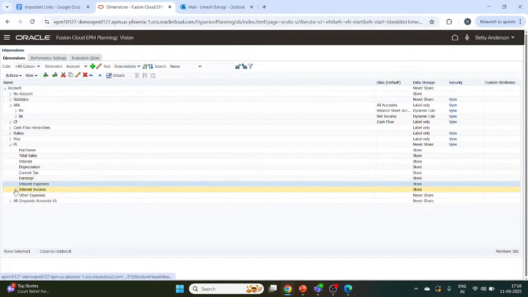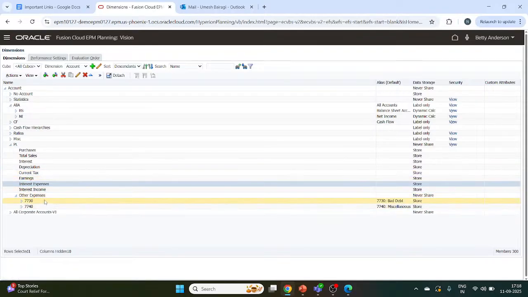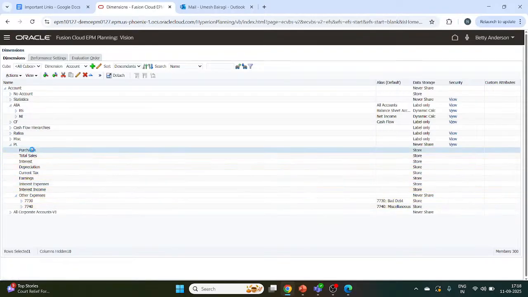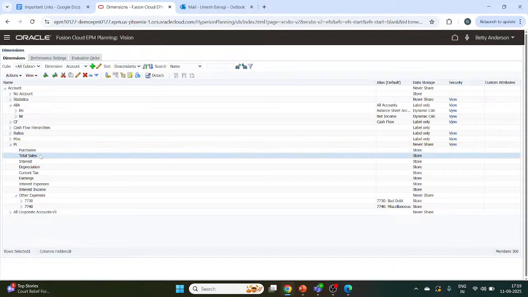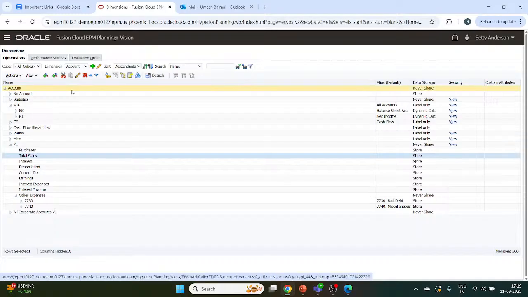If we want to insert a particular member formula here, we have to create a member. This is the purchase, this is the sales. If we add another sibling,